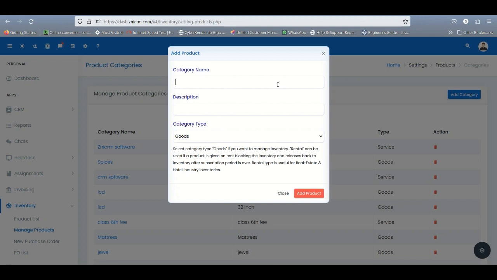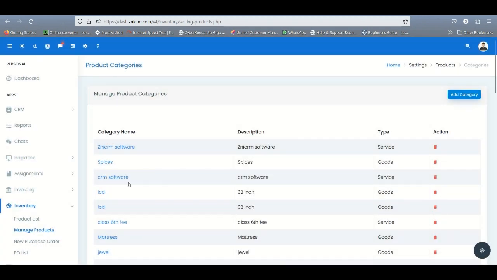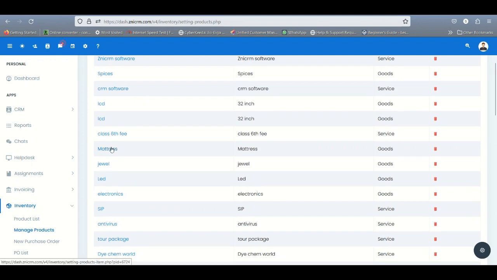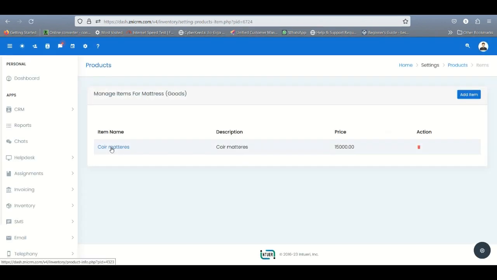Initially, we'll add the category name and category description, and then simply click on add product. As you can see over here, we have added a category as mattress. Inside the mattress category, we have added coir mattress, spring mattress, and many other orthopedic mattresses. Whatever products we are selling from the CRM, we will be able to add from here